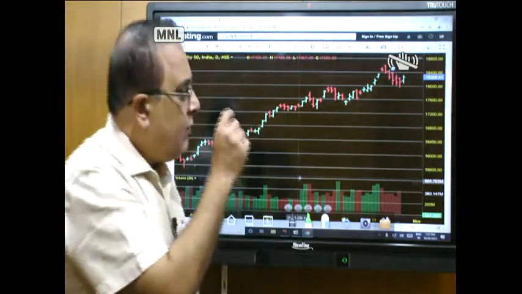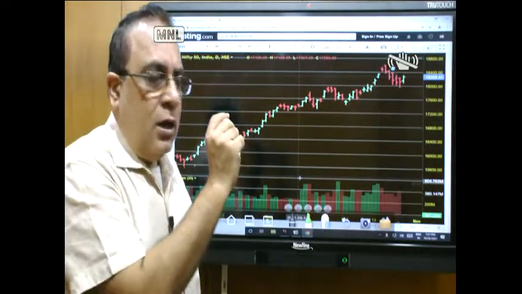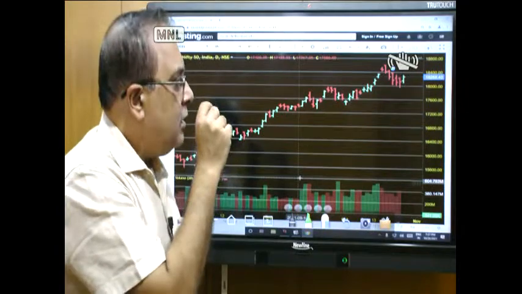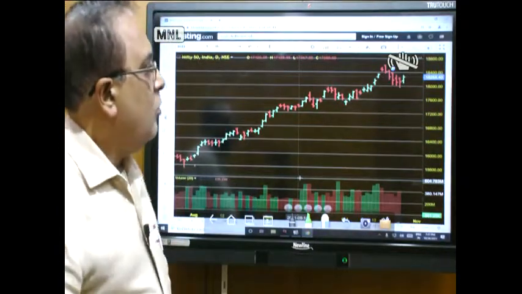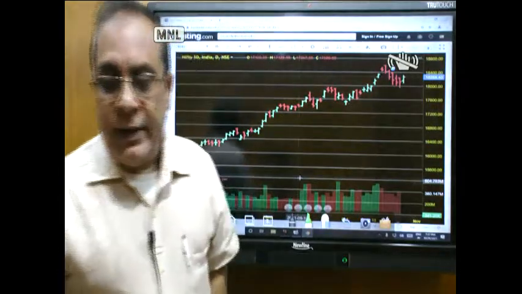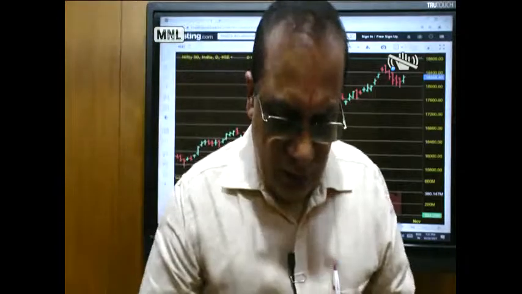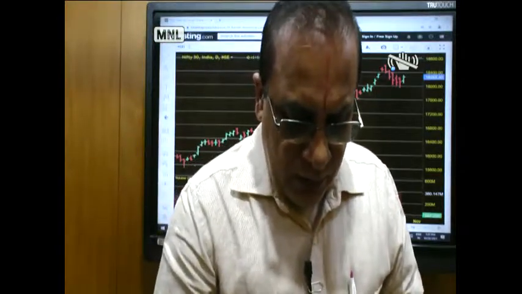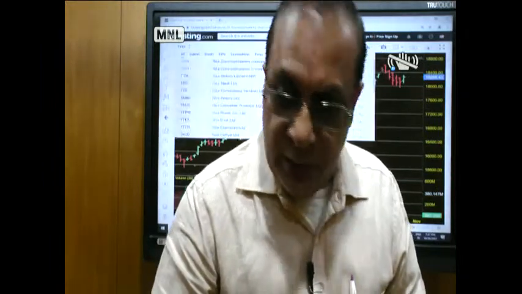So in Nifty, we have now explained to you inside day, open is equal to high, and open is equal to low, and also the gaps. So let's look at maybe a particular stock or Bank Nifty. We'll look at some stocks, whether we are getting such things in stocks. Let us say we look at Tata Motors, which is now in action.